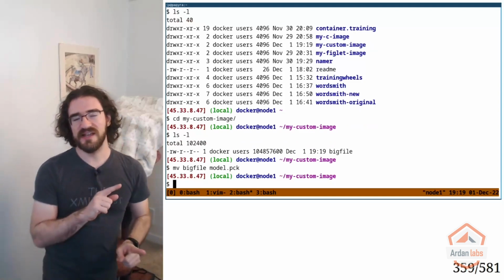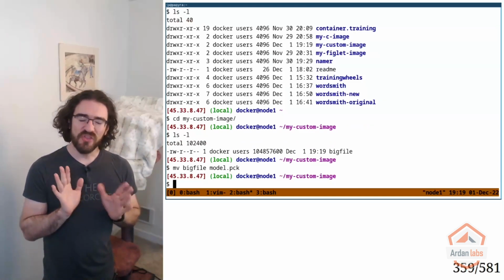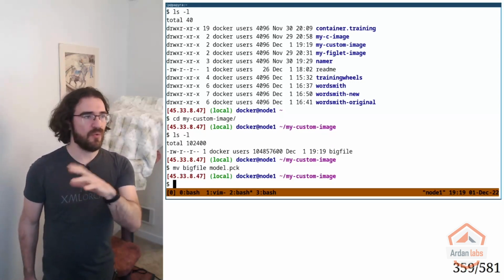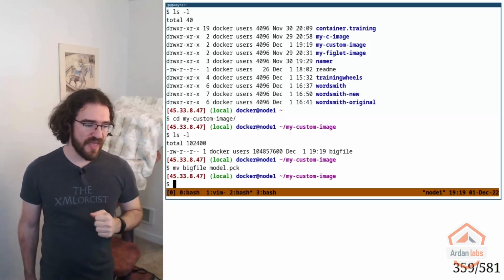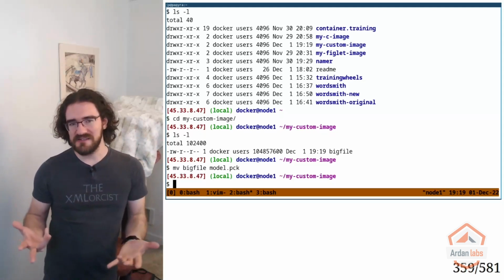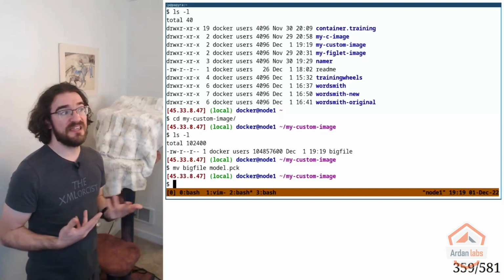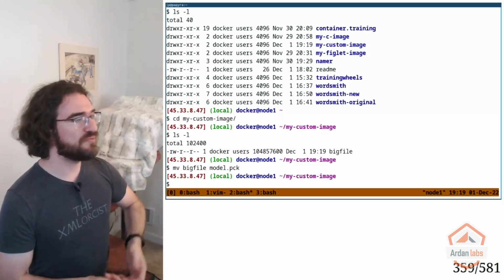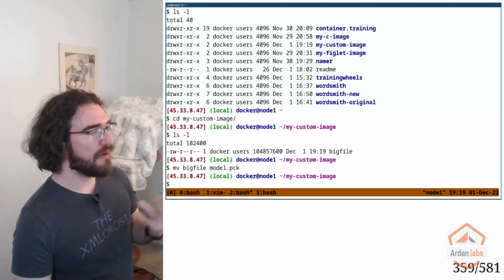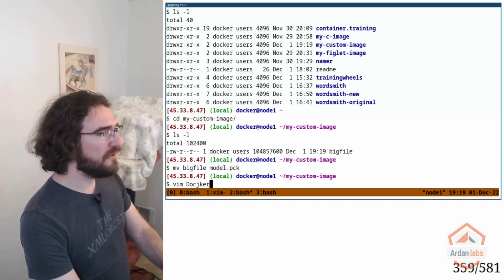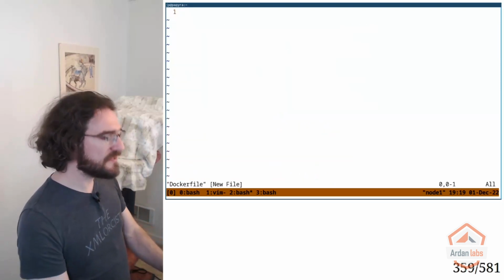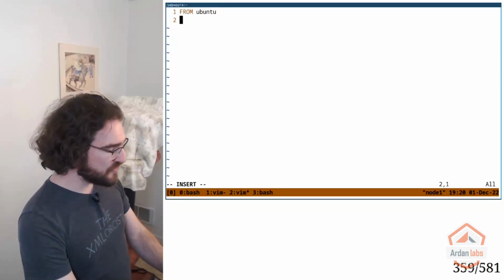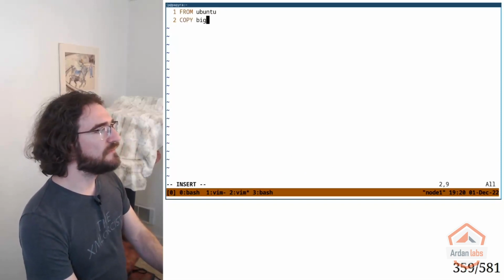As a little aside, it's not always a good idea to put machine learning models, model weights in the image. There is a big "it depends" here. But let's say that in that case, I weighed the pros and cons and I decided I wanted to put my machine learning model in the image. So I'm going to do something like this, where from Ubuntu, and maybe I do copy the file, well, copy